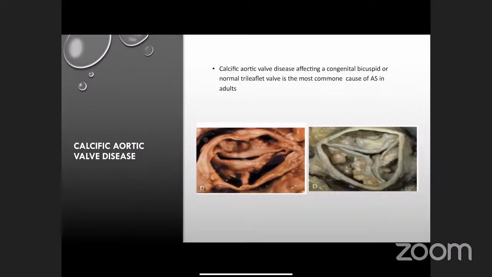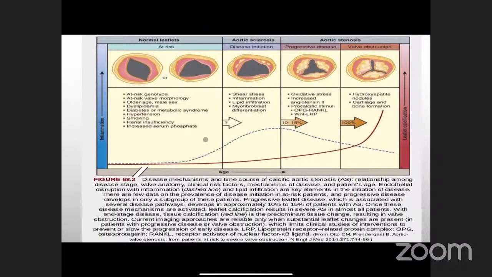Calcific aortic valve disease affecting congenital bicuspid or normal trileaflet valve is the most common cause of aortic stenosis in adults. As we can see, these are the pictures. In this slide, we are seeing the normal leaflets and the risk of developing aortic stenosis: genotype, valve morphology,